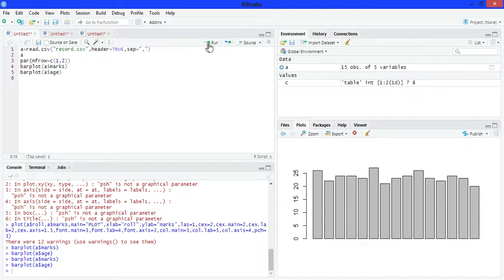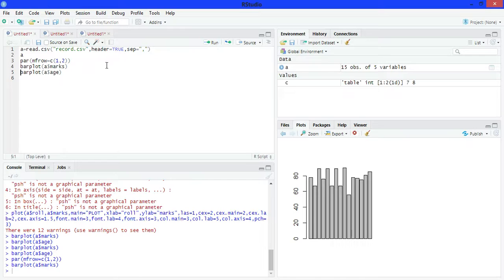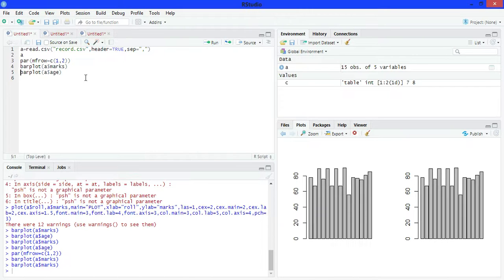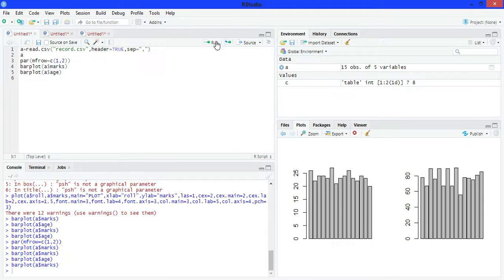Now run it. Okay, run it and run it. See, we have two graphs in output at the same time.